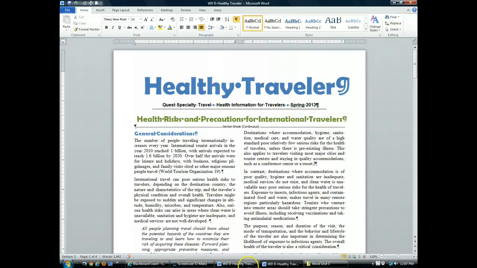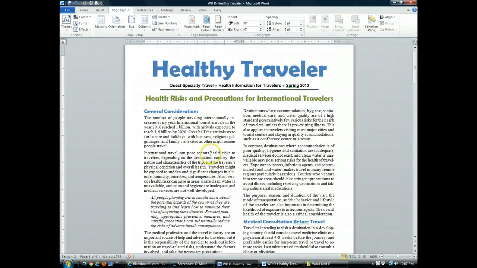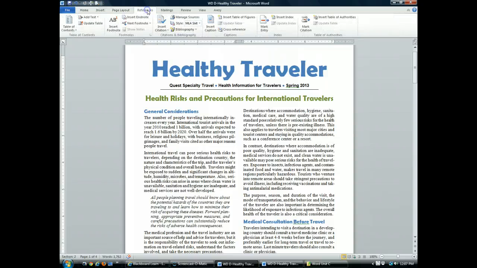So let's get started. I'm first going to open up my Healthy Traveler document. I'm going to place the insertion point just before the period at the end of the first paragraph. I'm going to go up to the References tab, and in the Citations and Bibliography group, I'm going to click